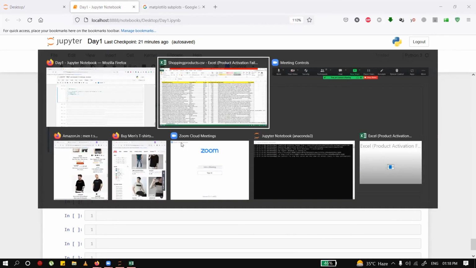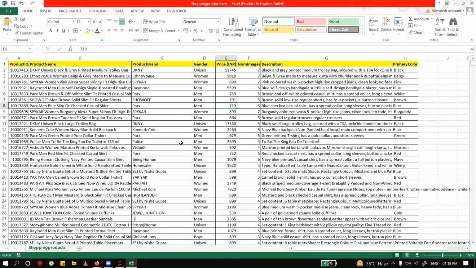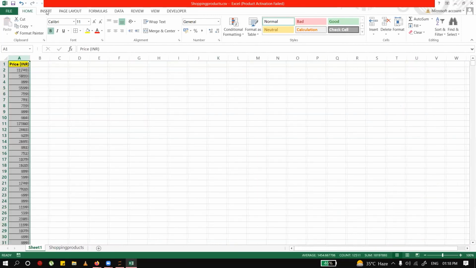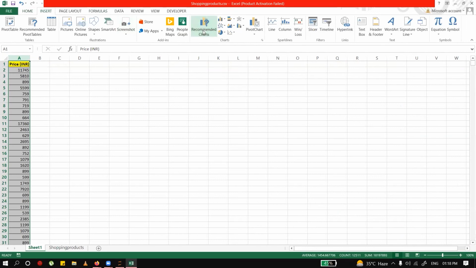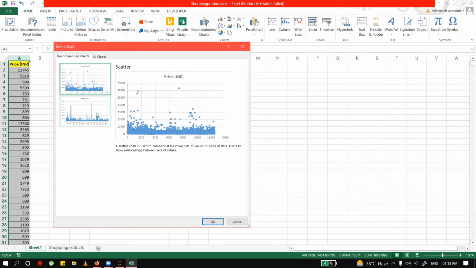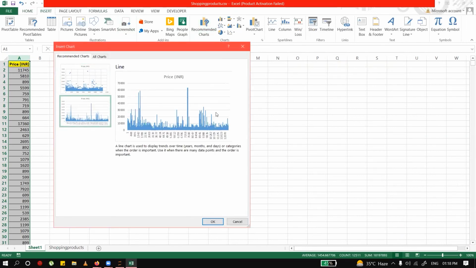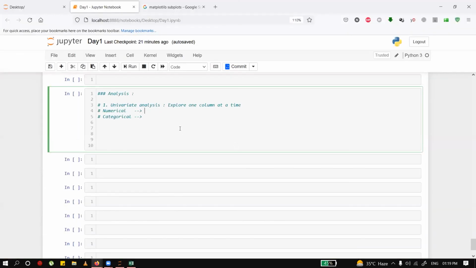Even in Excel operations, if this is numerical, I keep it somewhere and go with insert recommended charts. Excel also shows you that it's a histogram. Yes, box plot, you can also have histogram. So for a single numerical, you can have a histogram, that is, study the distribution of it,